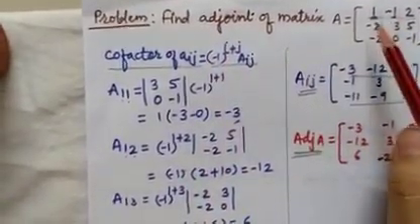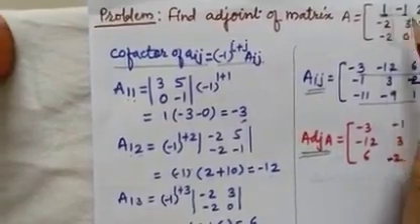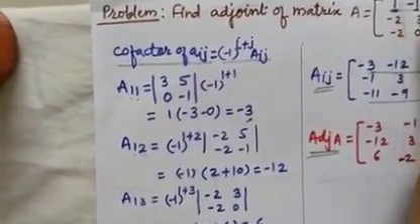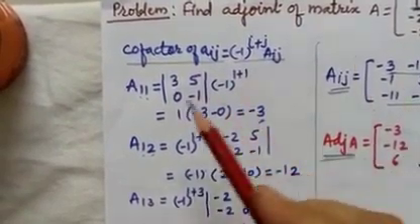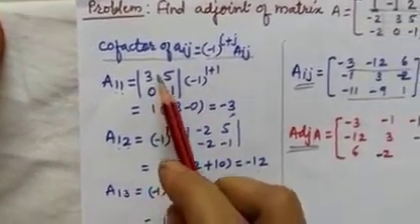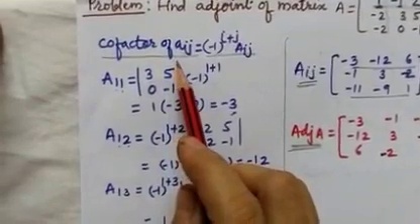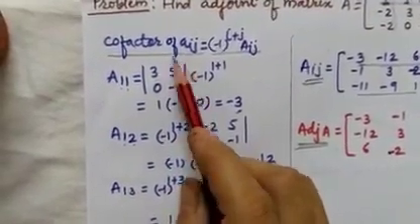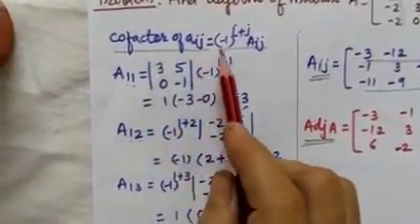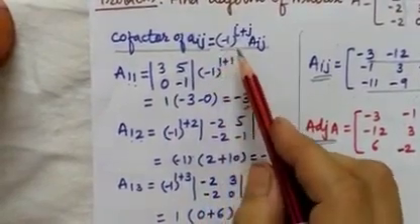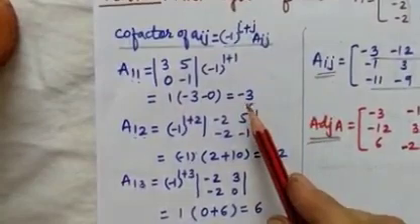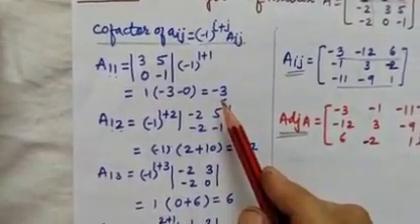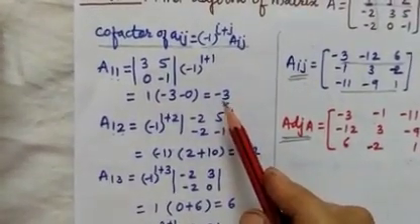These are the elements of the given matrix: 1, -1, 2, -2, 3, 5, -2, 0, -1. Now find out the steps. Remember the steps. These are the steps for finding out the adjoint of a given matrix. First of all, cofactors. Cofactor is given by the formula (-1) raised to i plus j into Mij. Each and every element, the cofactor of each and every element we have to find out.